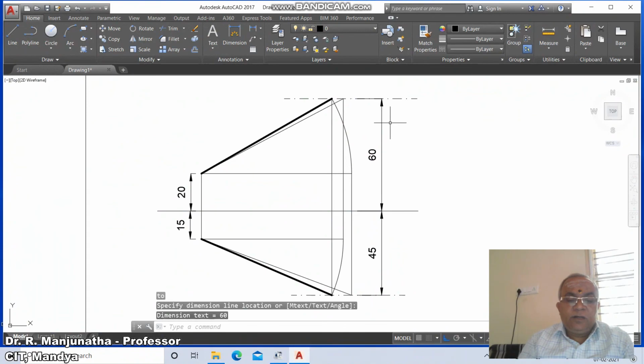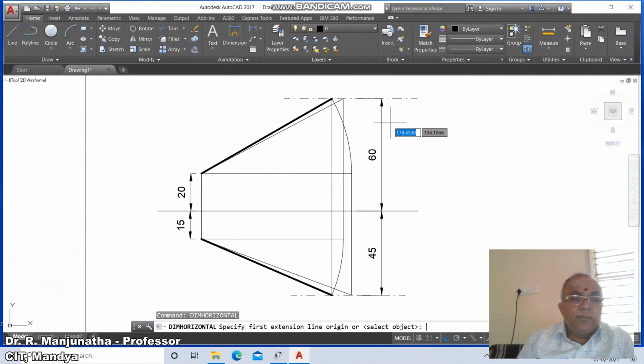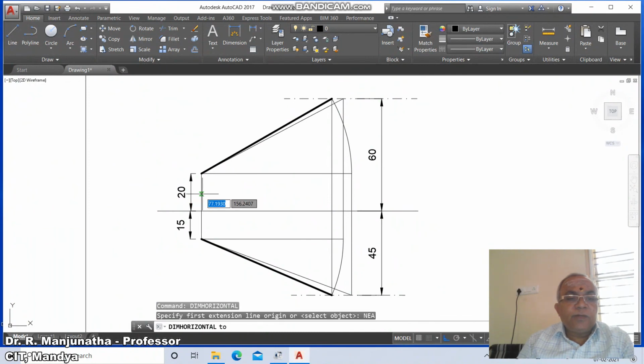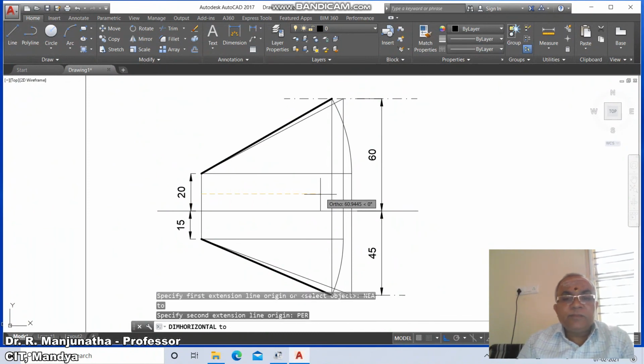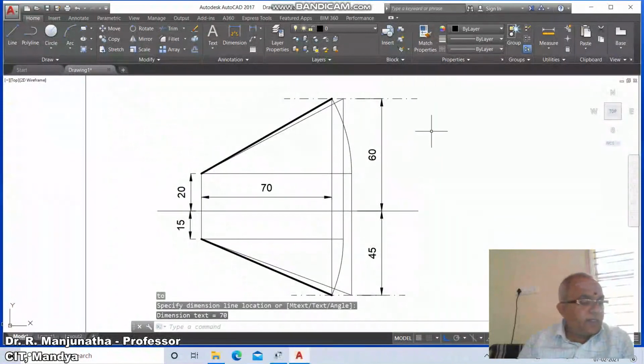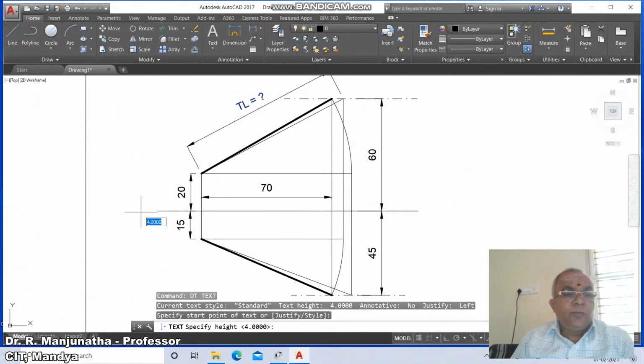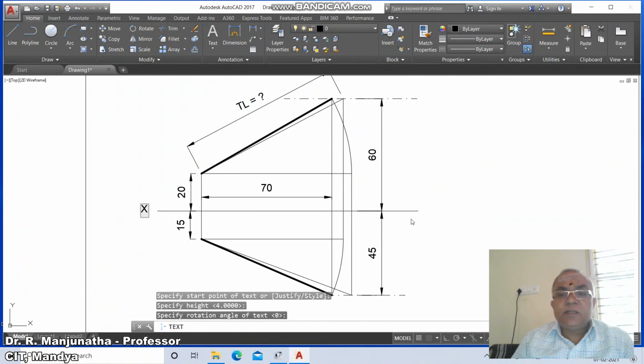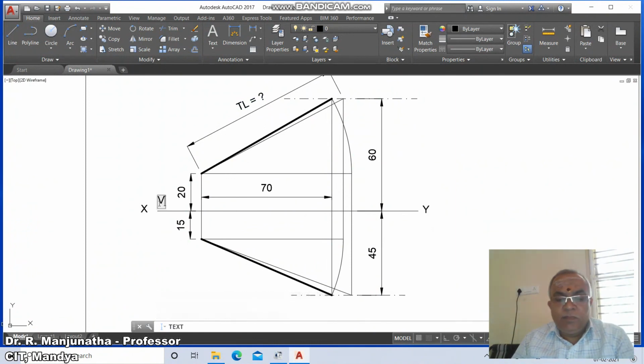Once you do that, then dim horizontal, nearest point on this to perpendicular to this, you're going to get this as 70. Then you mark this as X, you mark this as Y, you mark this as VP, and you mark this as HP.